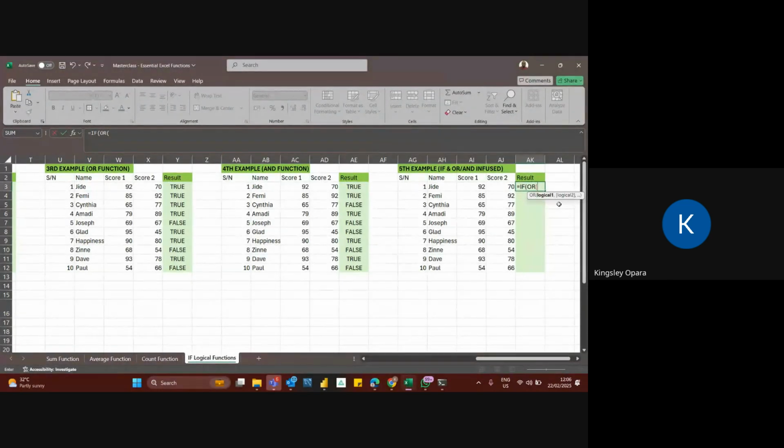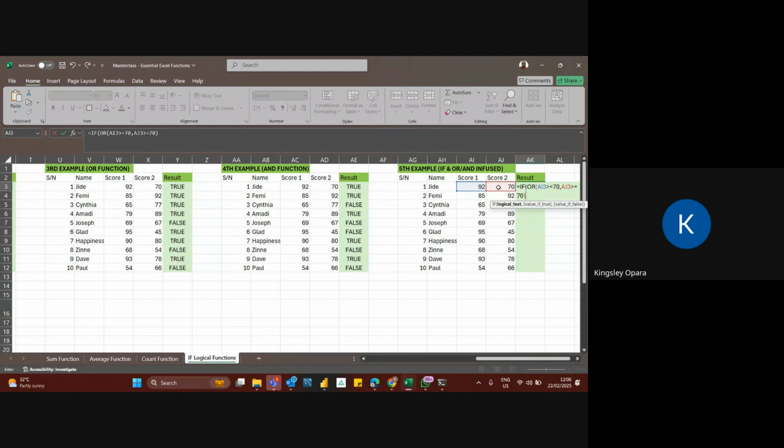The same thing you did with your OR function: the score 1 greater than or equal to 70, comma, or score 2 greater than or equal to 70. As soon as I'm done with my logic, I'll close the bracket.